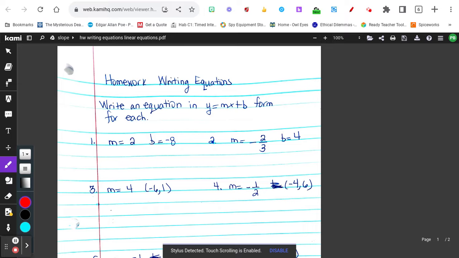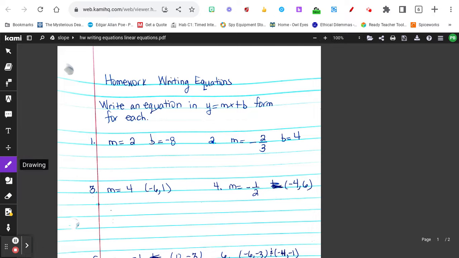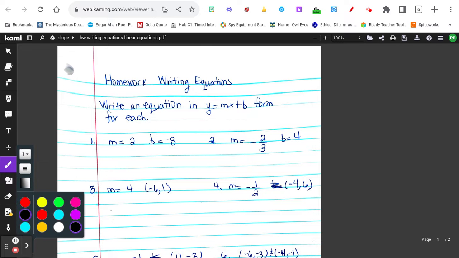All right, today, before you begin your escape room challenge, I'm dealing with writing equations. I'm just going to do a recall of the skills you learned before you left for the Thanksgiving break. And we're going to talk about how to write equations, or just recall how to write equations in what we call slope intercept form. That's basically where you have y by itself on one side of the equation equal to